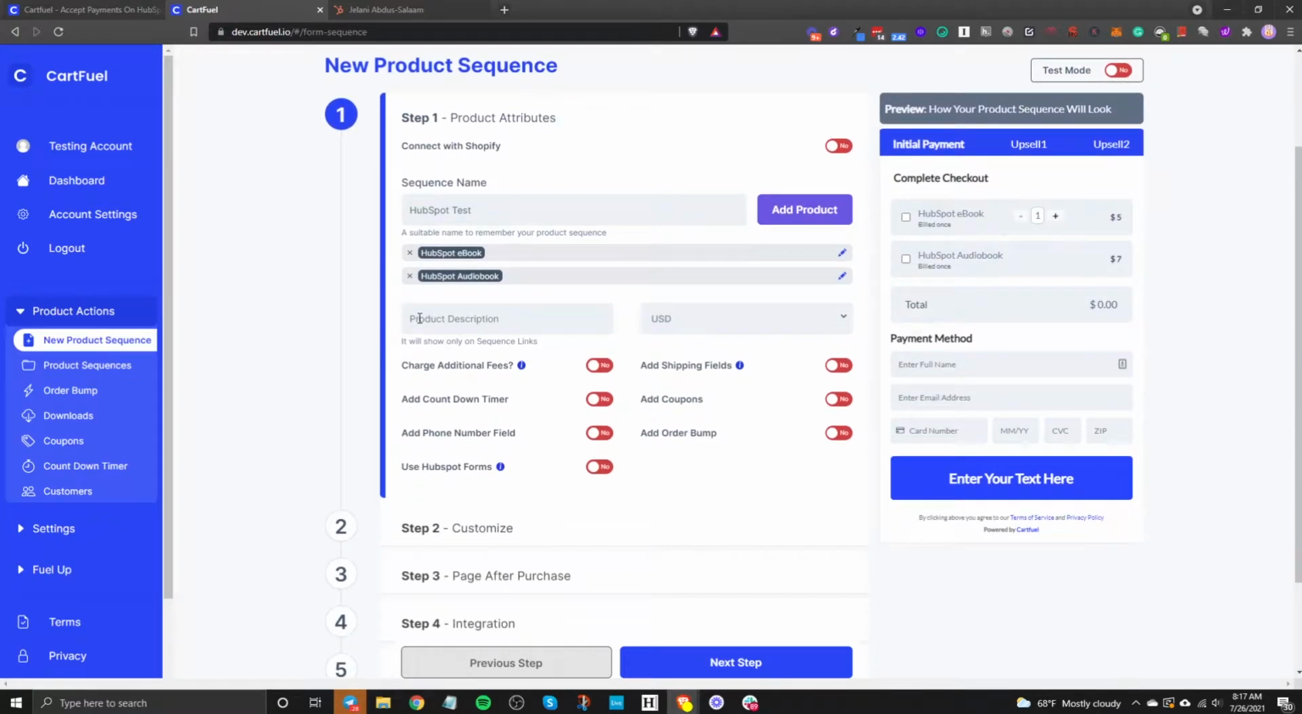Now down here, you can add a product description. Now the product description will only show on the payment form link. So the link that I just showed you previously, that description will only show on that page. It won't show on the embed. So in this case, I'm going to leave this blank because I want to show you the actual embed functionality